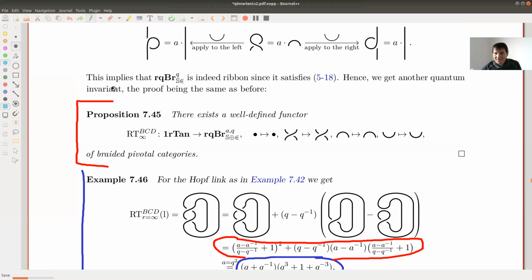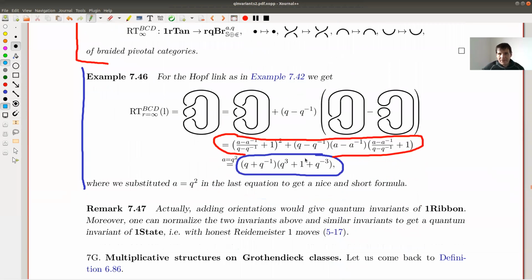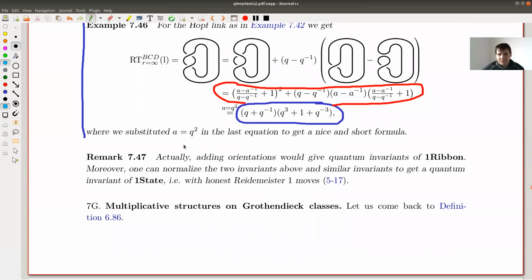This is the point about the standard procedure. You don't need to think about it anymore. Just do it. You could calculate link invariants and so on. So basically, we are done here. But let's just run through the rest. We have constructed quantum invariants. We already applied our strategy.